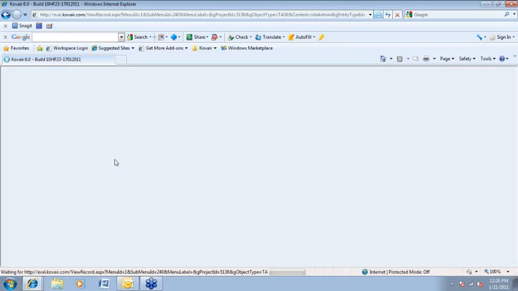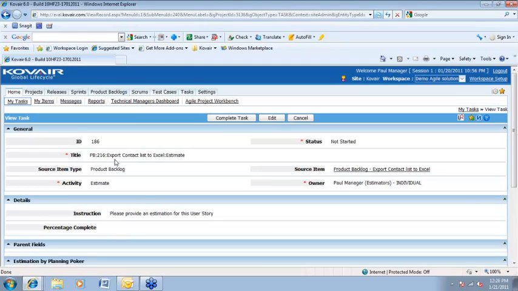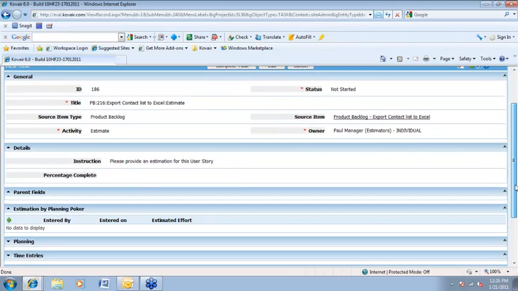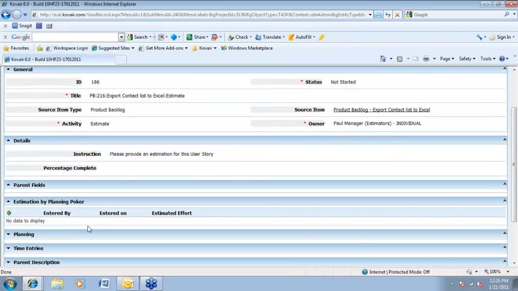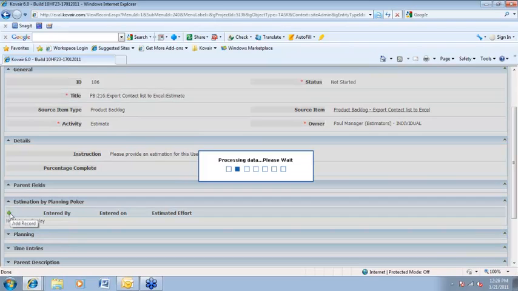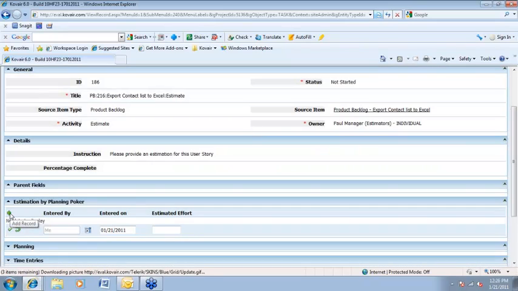Here the users can do a very rudimentary level planning poker mechanism and can enter the information in this particular grid. So Kovair has given you a data structure by means of which information provided by multiple users can be stored with respect to a